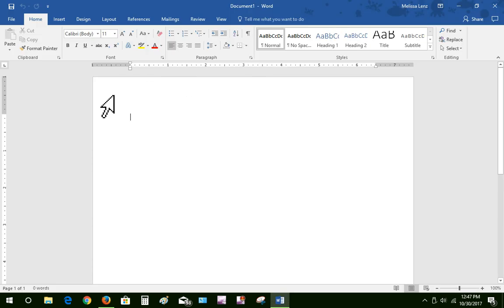If I come over here to the left margin, you'll notice that the mouse changes and it is now a right-facing pointer. This is still a selection pointer. It's just going to deal with the text in the document itself versus dealing with the selection pointer up here in the toolbar. Okay, backspace and delete keys. So